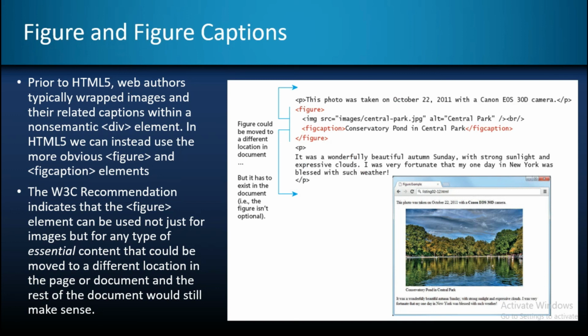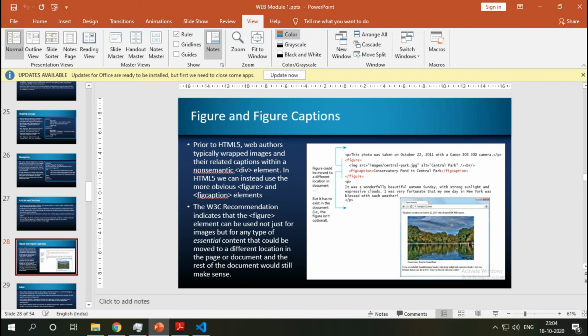Okay, you can include a figure anywhere. You might have seen in your textbook, refer to figure 3.1, or as shown in figure 3.1. That figure 3.1 may be on the next page, right? It should be present in the document, but its location is not necessary. And this image as well as the description of this image will always be together under a figure tag. This is just a requirement of HTML developers before HTML5. They have just fulfilled it in HTML5.